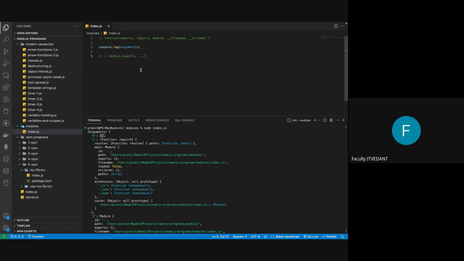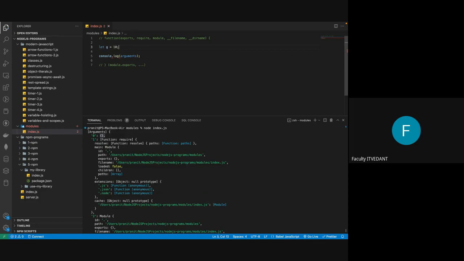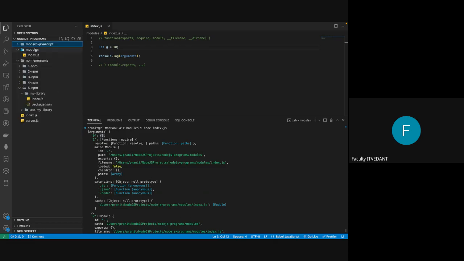This is called a module. This is the reason that when you use any variable inside a file, you cannot access that variable outside of that file directly. Meaning if I create a variable here, let's say let g equals 10, I can access this g anywhere inside the file. But if I try to access this g variable, let's say in a new file, test.js